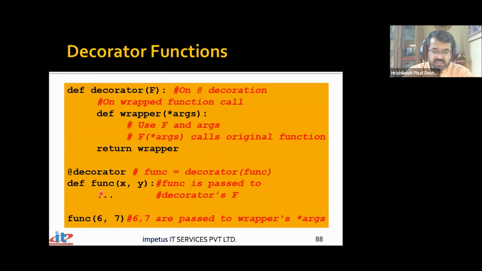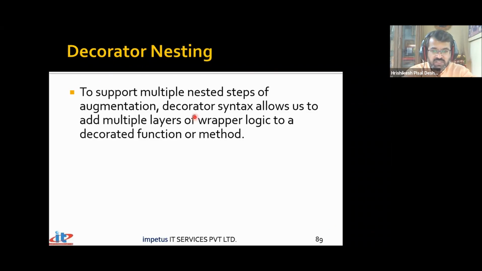So let's see how to pass arguments. We'll take some additional example. Suppose I have a function called func, which takes in two arguments, and I have a decorator that has been applied here. So when I say @decorator, it is read as func is equal to decorator of func. That's okay, but this function has to take in two parameters. So when I pass these two parameters, how am I going to receive those two parameters? That is what we need to really understand. Now this cannot be done by having multiple arguments over here. Here we have to take *args, an arbitrary number of arguments. So you have an opportunity to pass any number of arguments to this particular function.